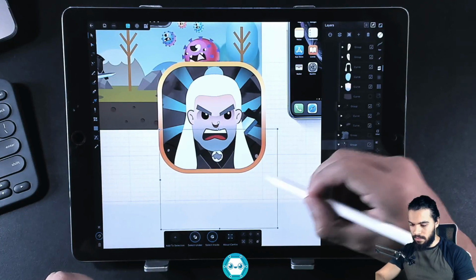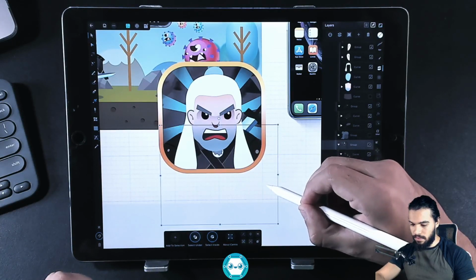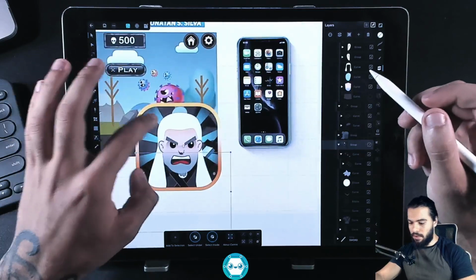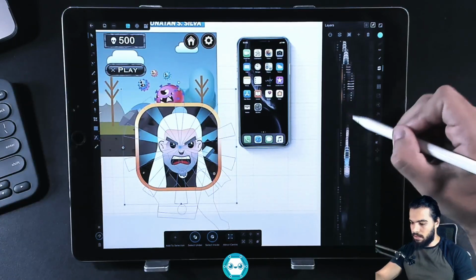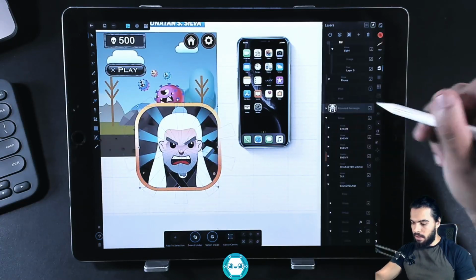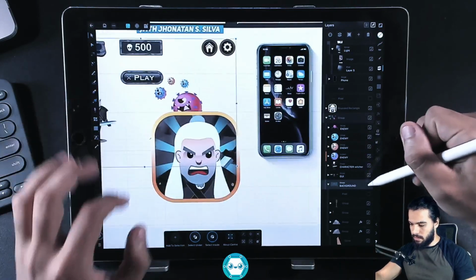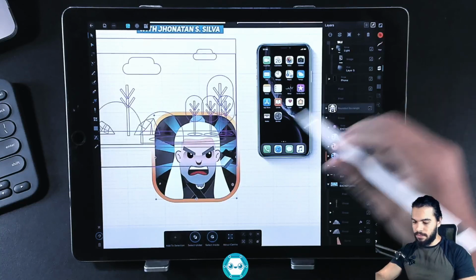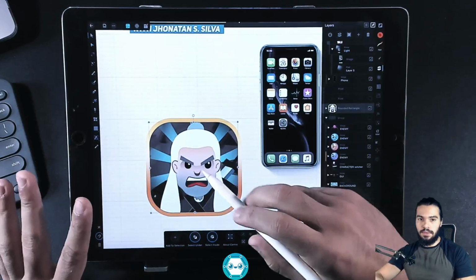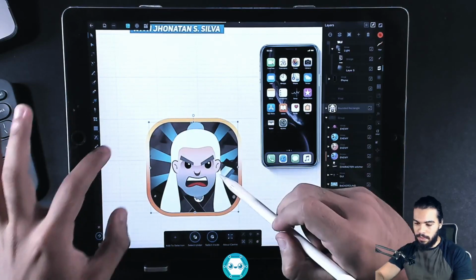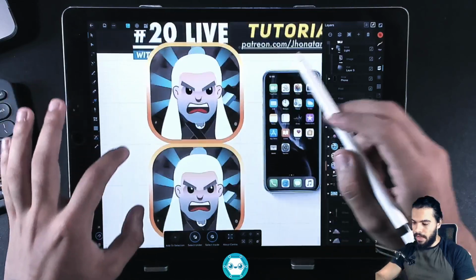Okay, all right, so our icon is done. Let me just make the test here. For example, I'm going to duplicate this icon and place it here. And look,